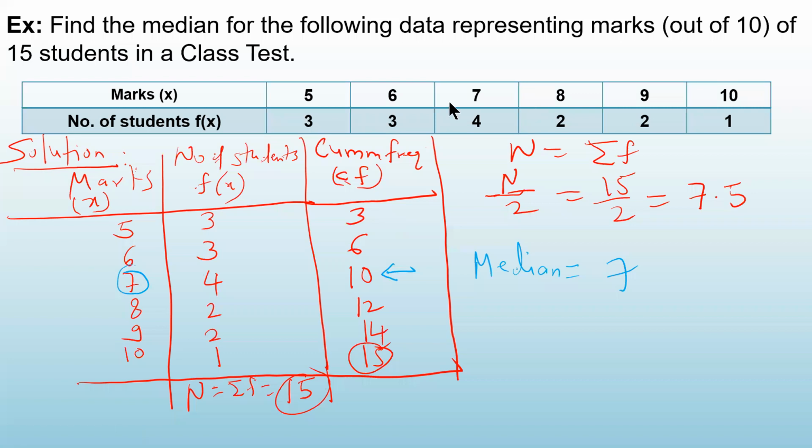Now once again, I would like to remind you, remember median is not 7.5. Many students just divide N by 2 and say the median is that. It is wrong. Also median is not 10. Median is that value of the variable for which the cumulative frequency is exceeding N by 2. So when finding the median, you have to look at this column, read from the top, and where the value becomes bigger than this, for which number is that value? It is for 7. So 7 is your median. Understood?